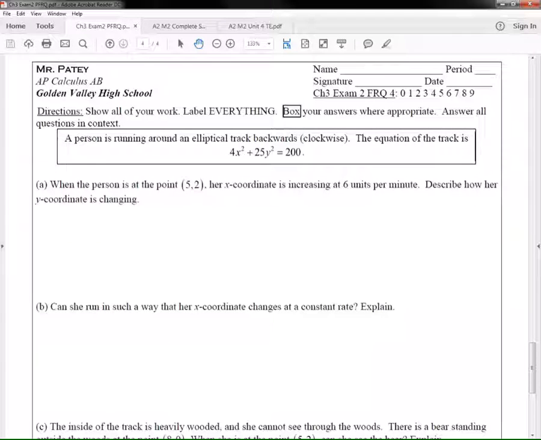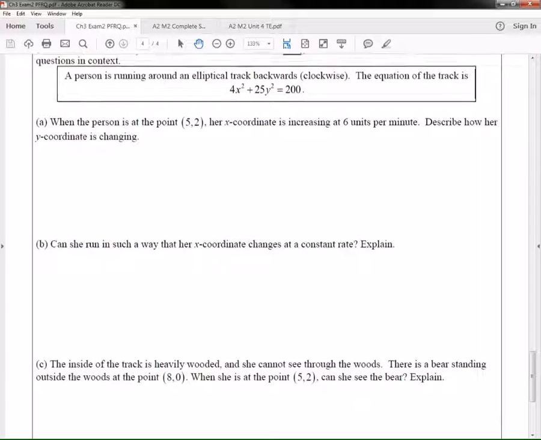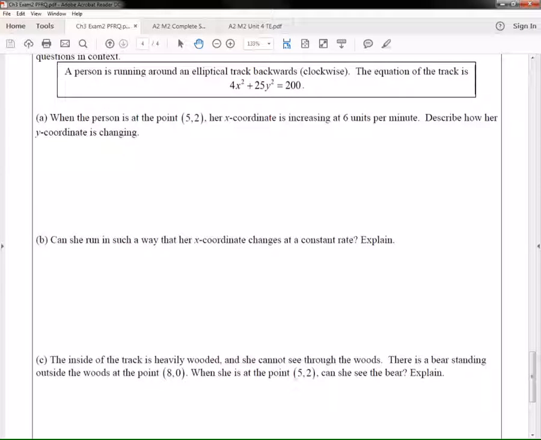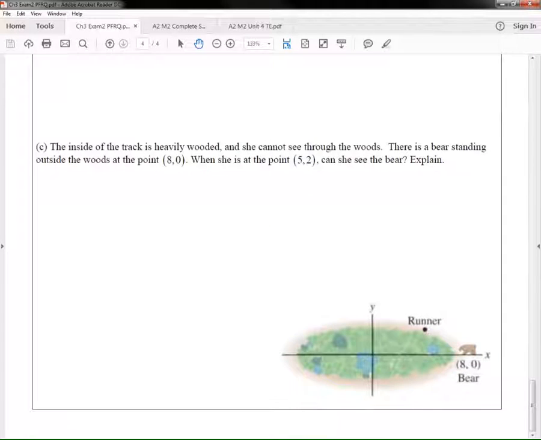Okay, here we go. A person is running on an elliptical track backwards, and I added the word clockwise so you guys know what backwards is. The equation of the track is this. Oh, that's kind of interesting. And then there's a track right here. Look, there's a cute little picture. I think I stole this out of the book, guys. So here's this runner on this elliptical track. I don't even think tracks are really elliptical like that. They're more box shaped, but still round. Anyways,